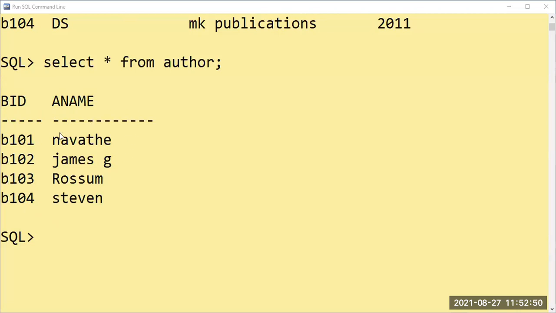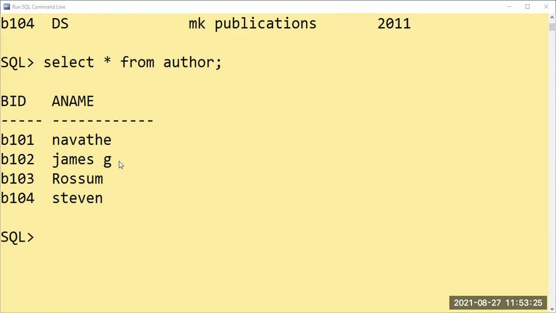Okay. And B101, whichever values are present in the book table, those should be referred, because n number of students, while inserting, get the error called parent key not found. Why? Only the values that are there in the master table are supposed to be added, not your own values, not whatever comes to your mind. So here B101, 102, 103, 104. And if you leave any of the values, it is okay. But in the master table, you cannot leave.